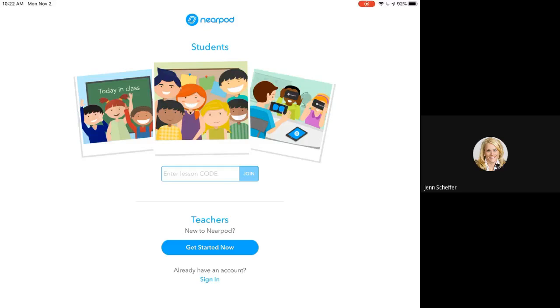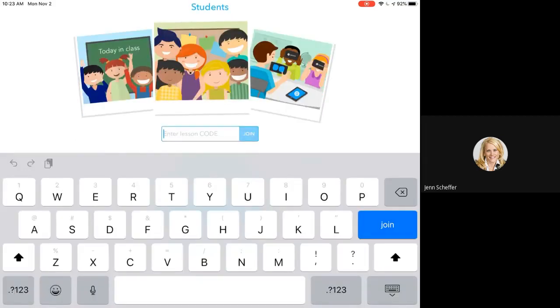In this training tutorial, we are going to look at how your students will join a Nearpod lesson from their iPads using the join code that you copy and paste into a Google Meet. So you can see here we are in a Google Meet. I am presenting a student iPad screen. And what the students will do is they'll be able to click on the chat and see the code for this lesson. So the active code for this lesson in this tutorial is the